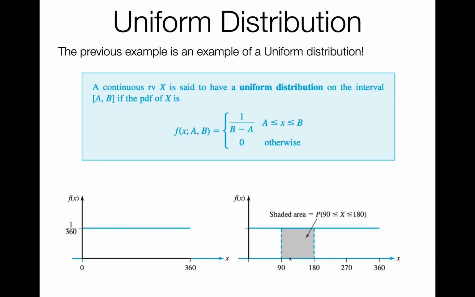And what's especially nice about the uniform distribution is if you really hate calculus, you can draw it out and then just use algebra skills, or maybe geometry, since you know the area of a rectangle. You know the height of the rectangle is 1 over 360, and the area for our specific example was 90 to 180, so the height is 1 over 360, the width is 90, and there you get your area just doing regular geometry. Usually you have to use calculus when it's not the uniform distribution.